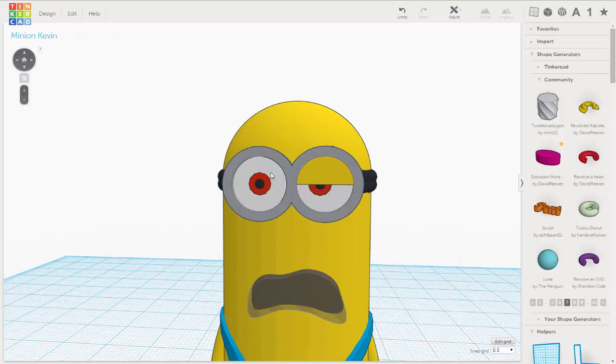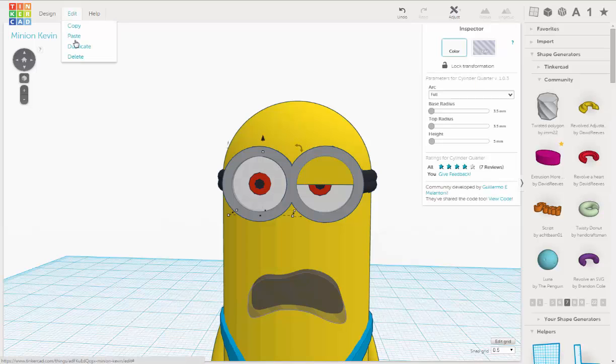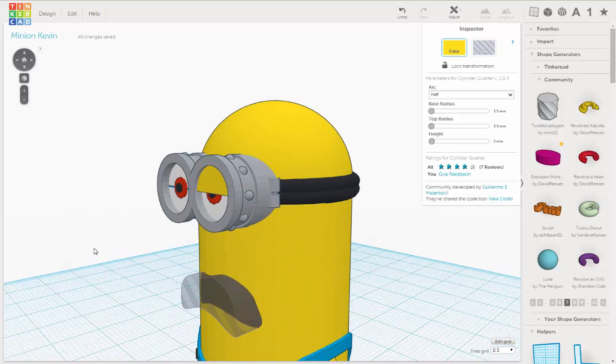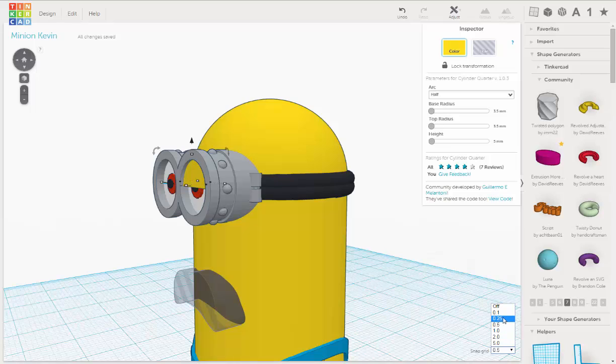Okay, so let's do the same thing on this side. Going to ungroup that, select the cylinder, going to go edit, duplicate. Now first we're going to rotate it 180 degrees on the inside arc, or dial, excuse me, and we'll turn it to half, change the color to yellow, and we're going to nudge it out, but first let's do 0.25 just to keep it consistent. We use the arrow key, and then to 0.1, there,